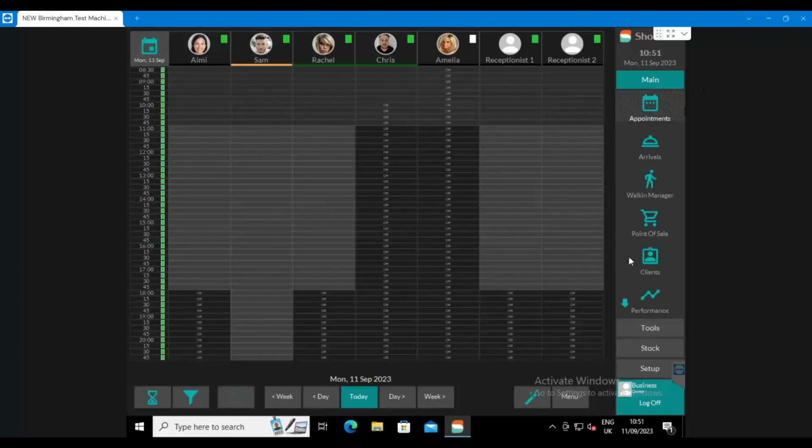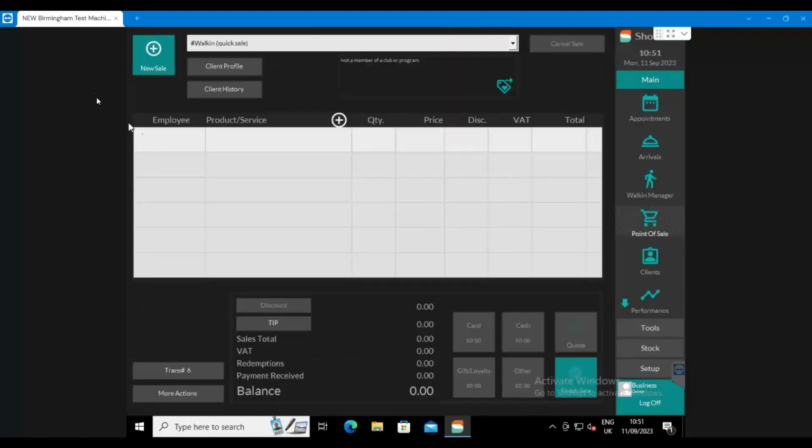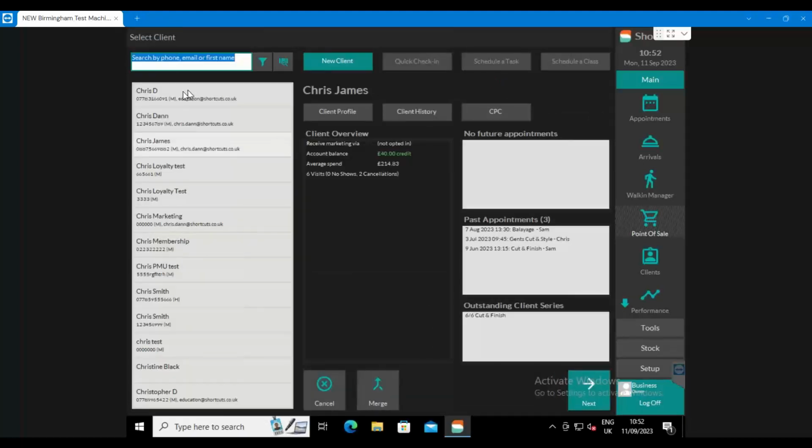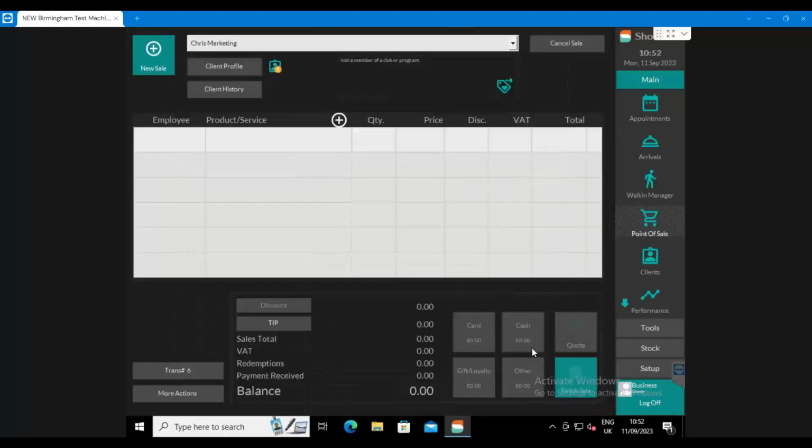So to do this, we go into our point of sale screen. And in the top left, we're going to click onto new sale. So when we add money to a client's account in the way of a deposit, or maybe they're just paying up front for their daughter or their son or whatever it may be, once in the point of sale screen, we have to assign it to the client's account. So we choose new sale in the top left. And then we choose that particular client, so whichever client it may be. So let's choose myself there. We'll add it under Chris Marketing just for the sake of it. So we go into Chris Marketing, we click Next, and then we click any one of the empty grey sale